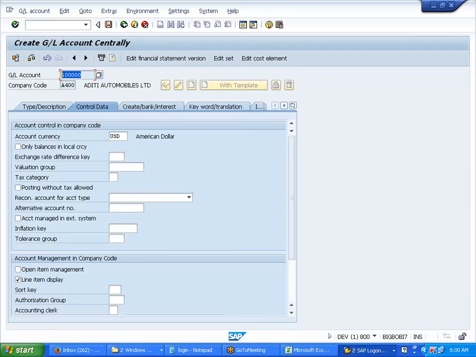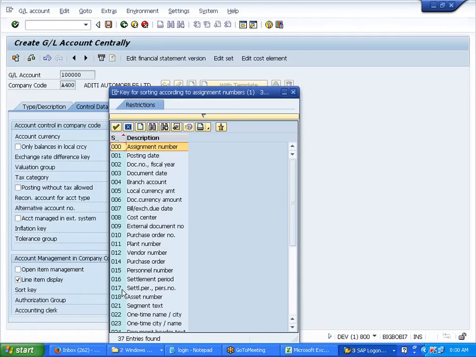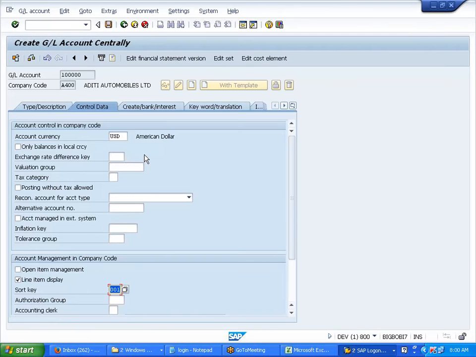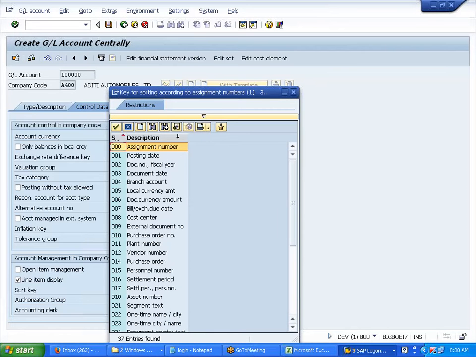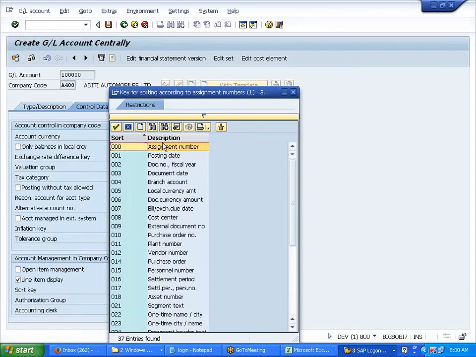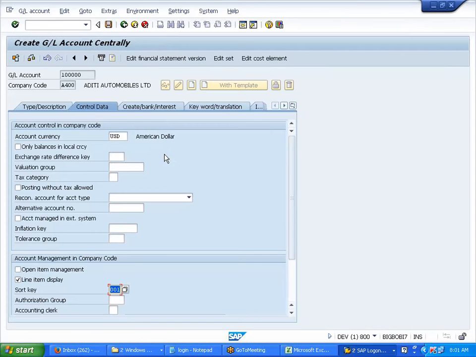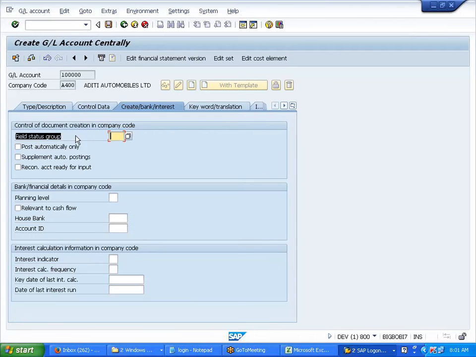Sort key: this particular GL account is there, and you'll post some transactions to it. So how do you like to sort this? As per the posting date, like in Excel you sort ascending or descending order. It is similar to that. How would you like to sort? I'll say posting date, document date. Can we do it in more than one way, or should there be only one sorting? No, you can use whatever way. You can create your own sort keys also if you want to. It is just sorting: how would you like to sort the data? Yes, sure.